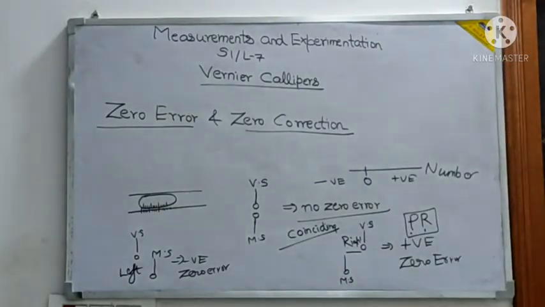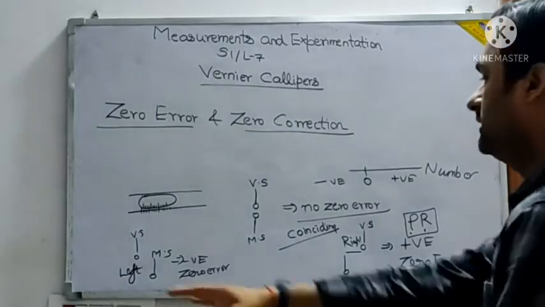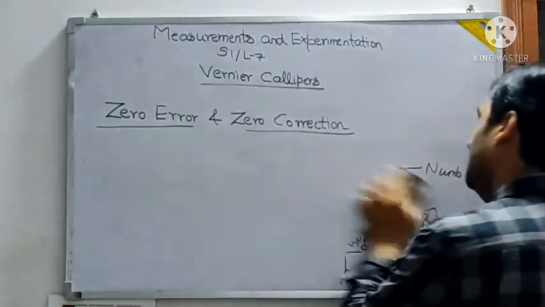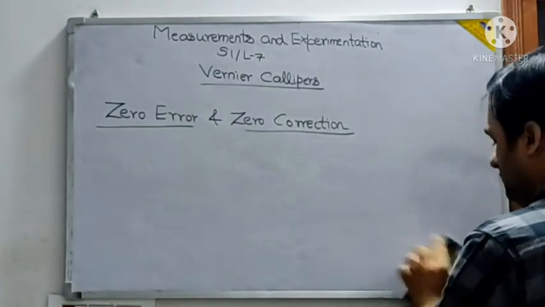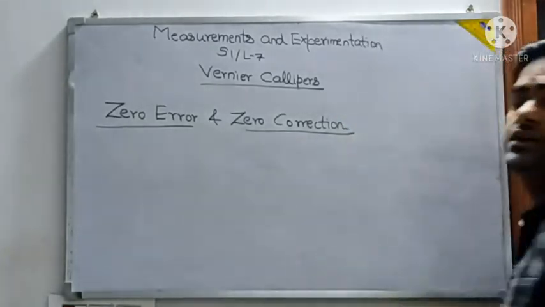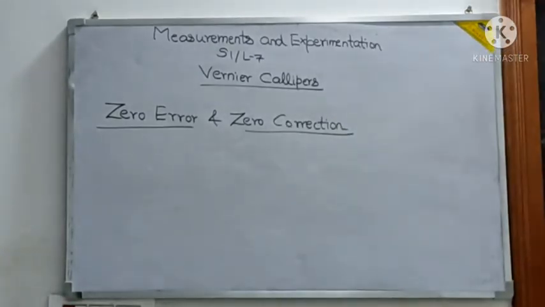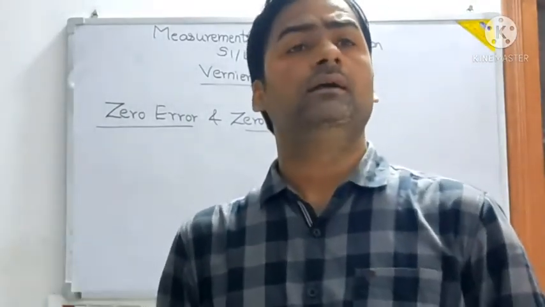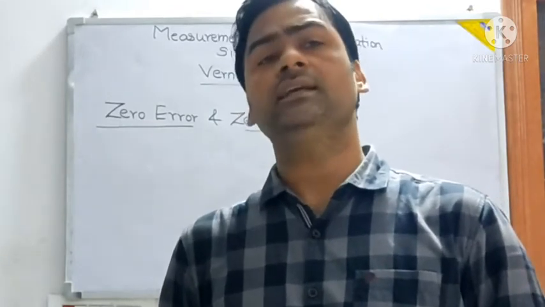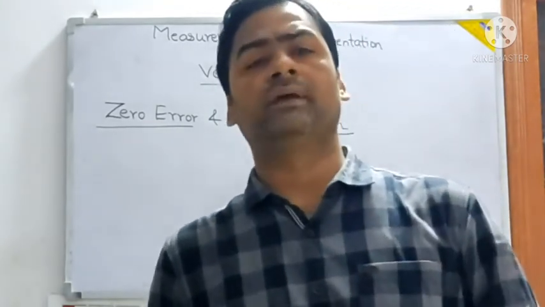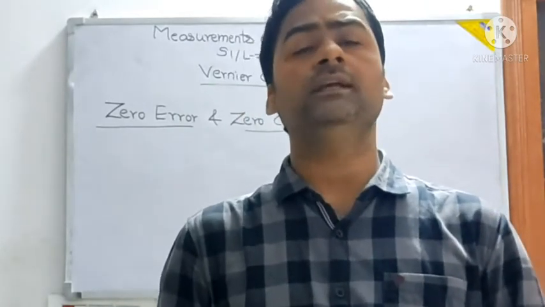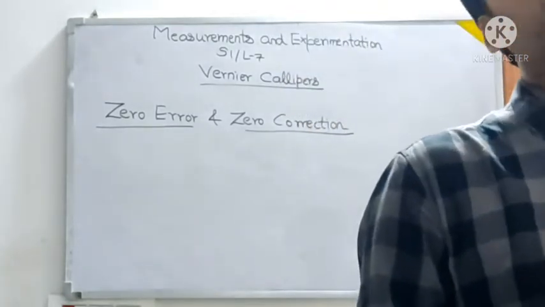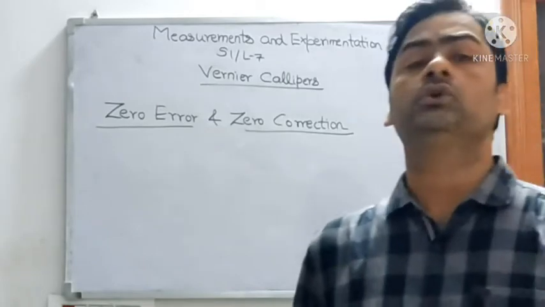Now let me write the definition part of it. Okay, this is the learning portion. We learn it. What is zero correction? Now, do you feel that if there are errors, you can say, okay, your error is there, I'll accept you? No. If an instrument has got error, certainly that instrument cannot measure things properly. Our intention is to measure properly, but it will not be measuring properly. That means there will be error occurring. So, can we go with that error only? No. That means we need to have corrections also.